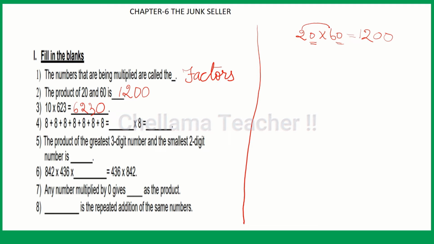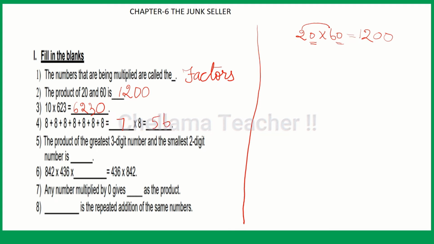6230. Number 4 is addition of 8s in the counting of 1, 2, 3, 4, 5, 6, 7. So 7 8s are